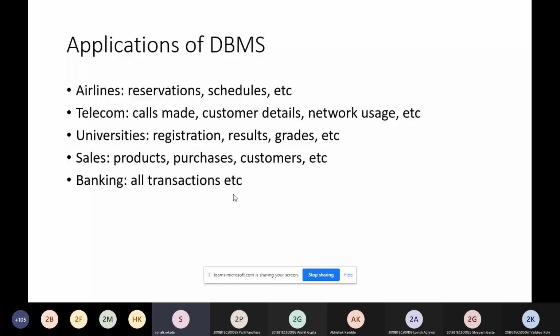Then there are sales, products, purchases, customer records, and banking, which has all transactions, then railway reservations and hospital management systems. Everywhere we are using this database management system.